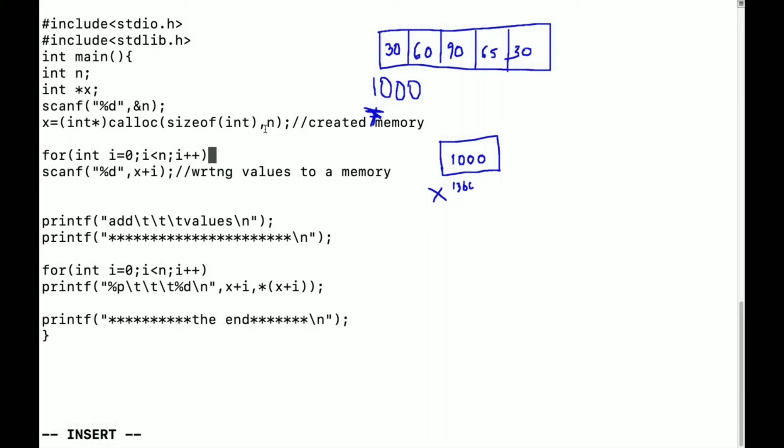So I have changed the name to calloc, and what calloc will do is go and create a memory and get the initial address. That initial address will be in hexadecimal form, and the type of the address will be void star. I needed it as an integer star, so I typecast it and save it into x. Then the remaining procedure is the same as what you have done previously. Same thing I'll be doing here.